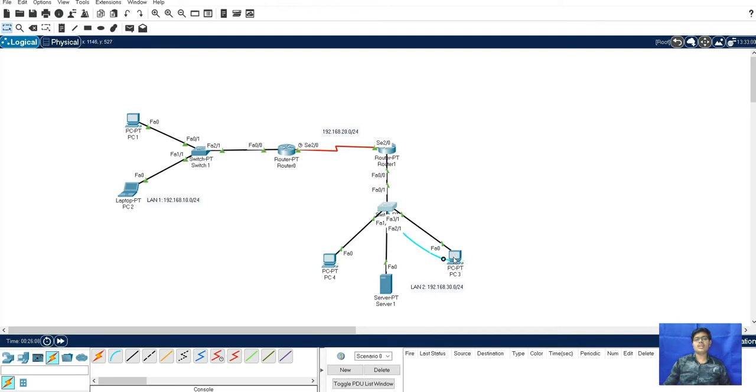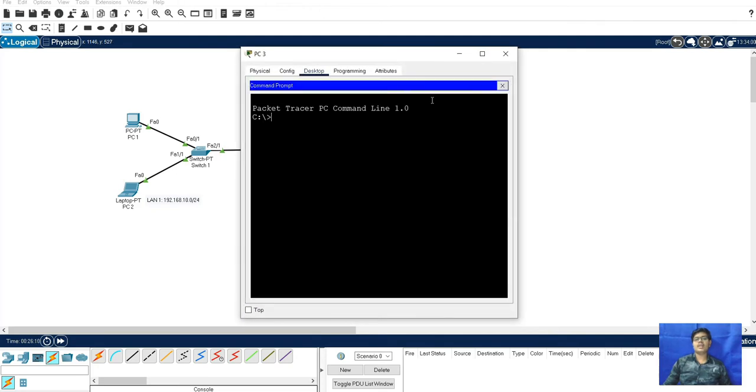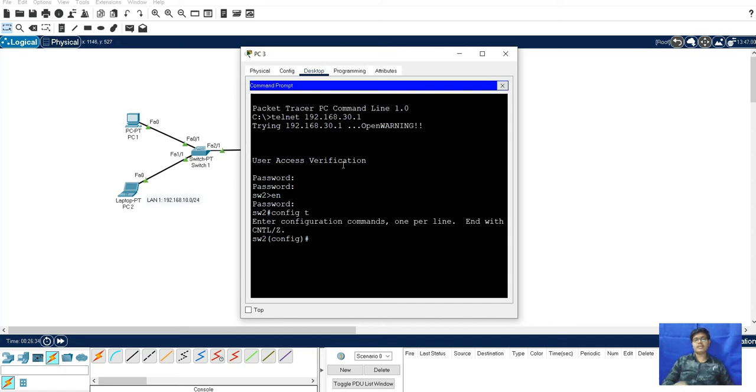For that we will go here, and in command prompt we will type telnet 192.168.30.1. So this is opening, and next we will configure. Cisco password. Cisco, here we will enable, again it will ask Cisco, config terminal.